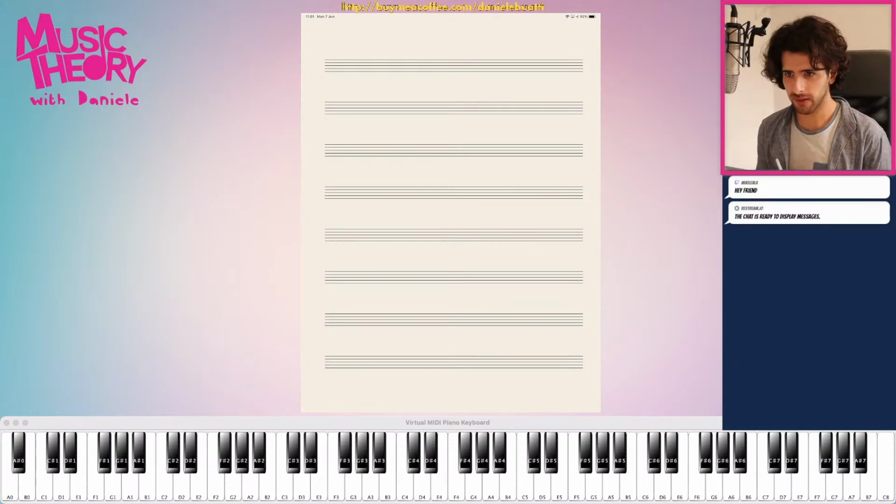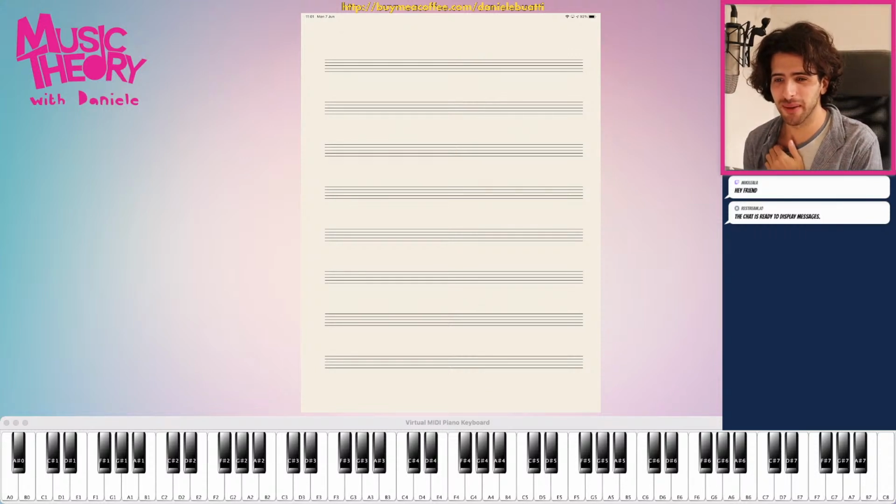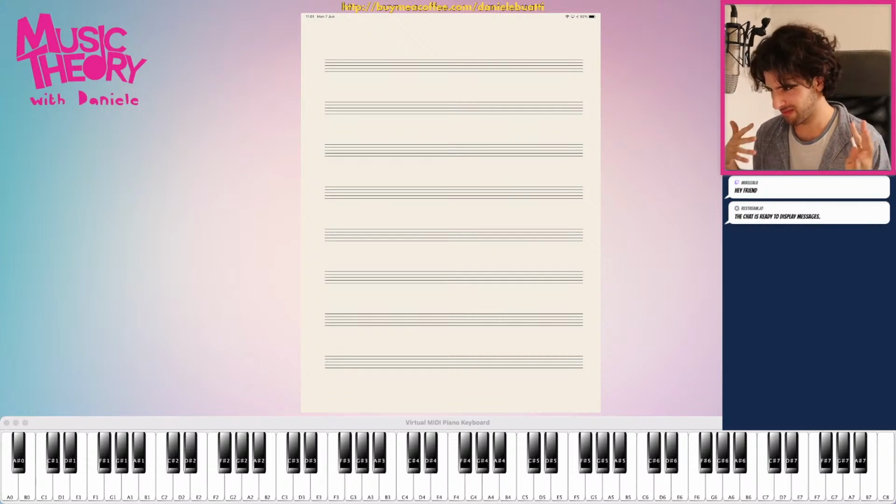Now you might ask, why do I need to know my major scale? You don't have to. Obviously, you don't have to know anything. But it's kind of the building blocks of most Western harmony, which, again, you don't have to learn. Of course not. But we're here, aren't we? So if any composers out there or people want to create music, it's worthwhile knowing all your major scales and all your circle of fifths and how every key actually relates to each other. There's only 12, so it's pretty straightforward. Once you learn, it's fine.